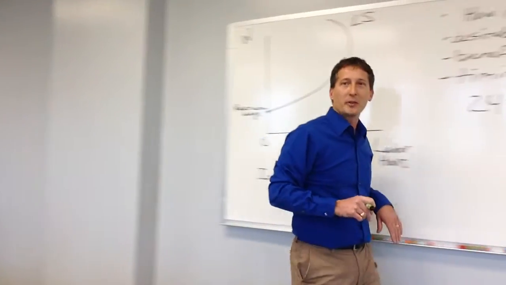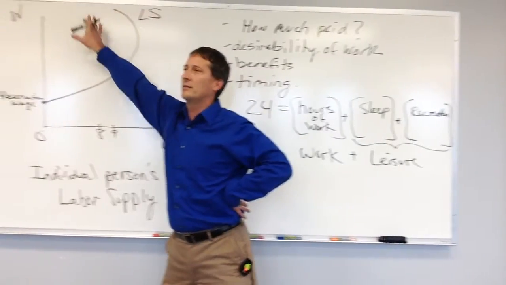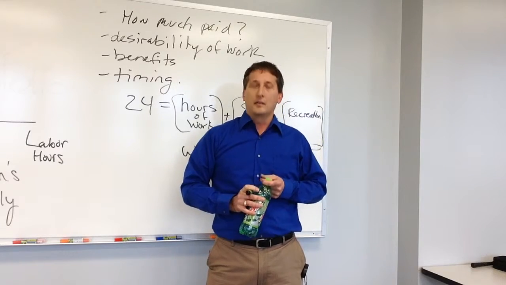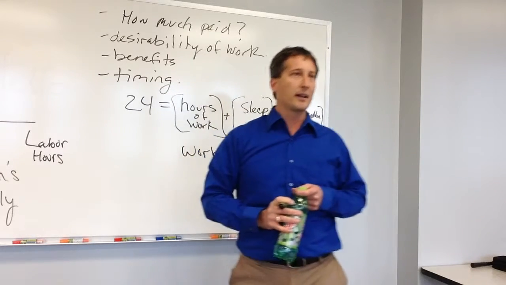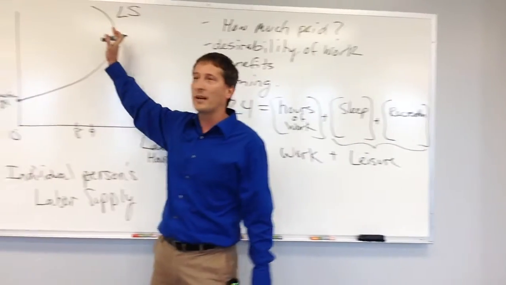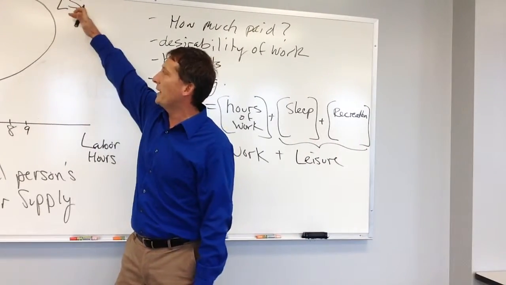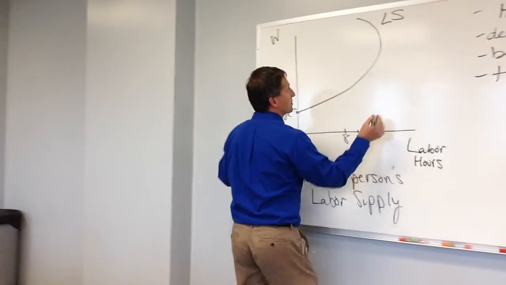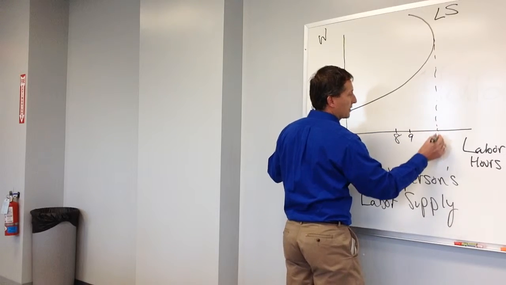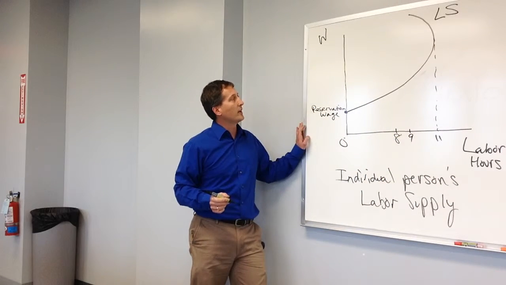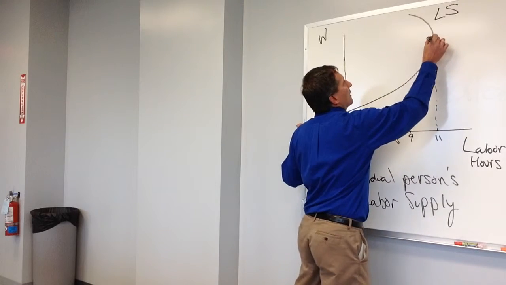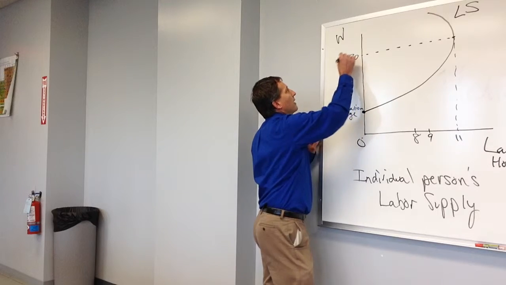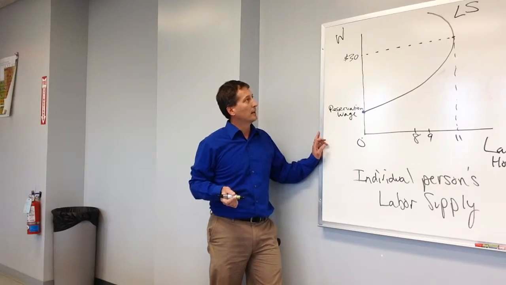Now let's talk about this curvy part. What's going on up here at the top? Once we make enough money, we don't have to work as many hours to be comfortable with our finances. All right, so we've got two things battling on each other called the income effect and substitution effect. So once we get up to decent pay, and we're working ourselves pretty hard, this is a hypothetical person maybe putting in 11-hour days, and we say, well, we're paying you $30 an hour effectively. That's nice.